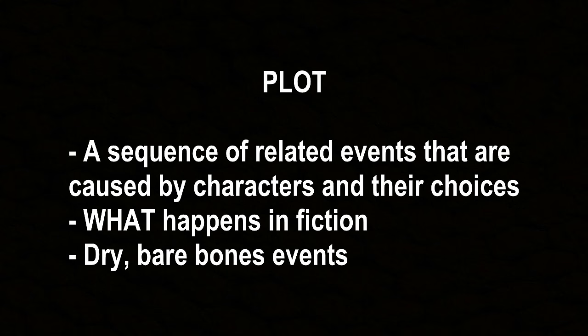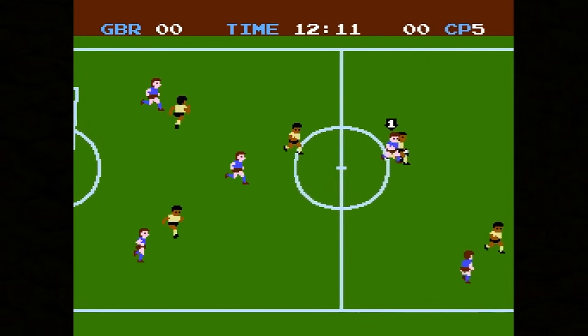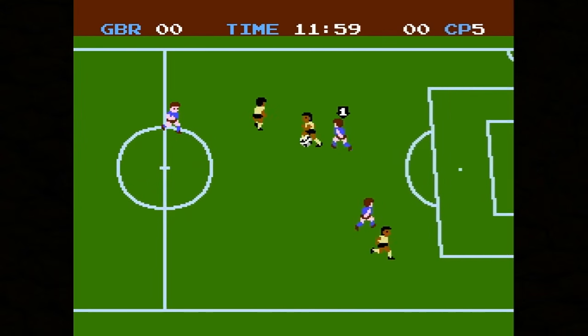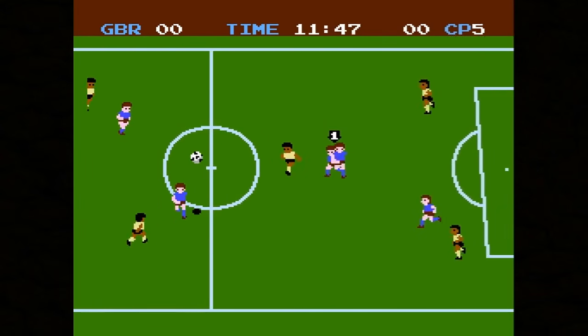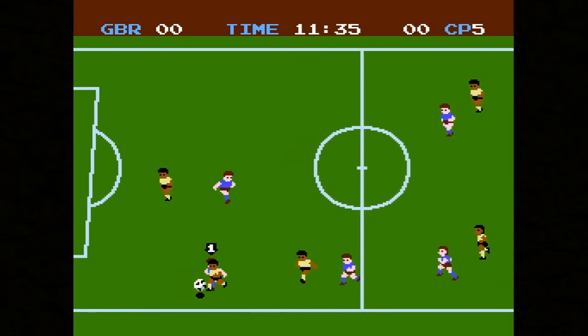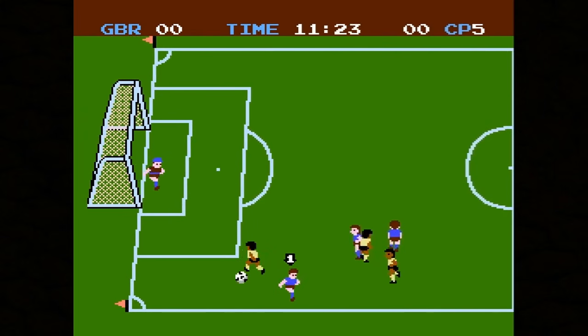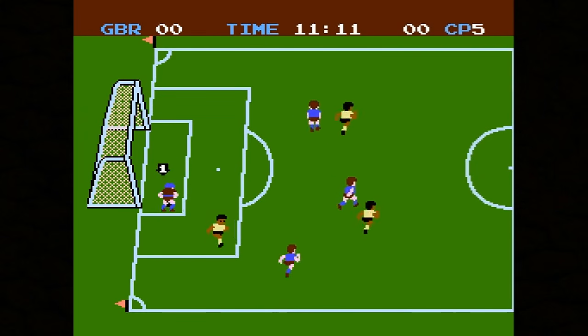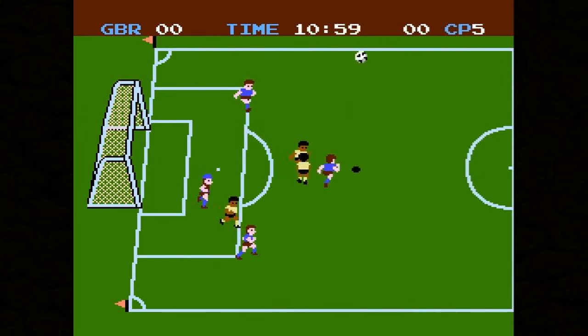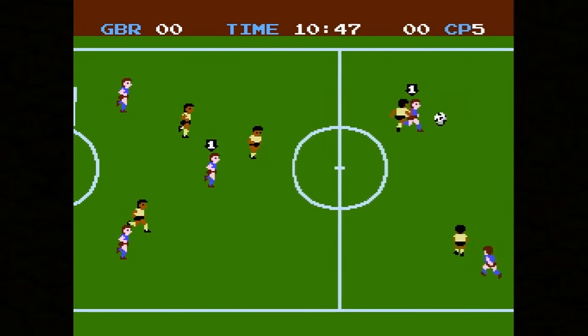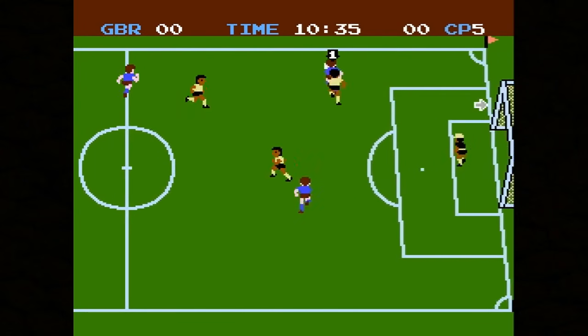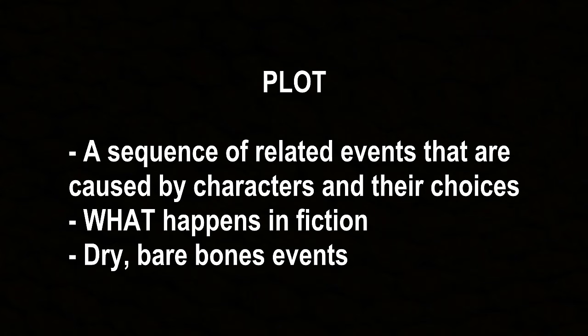Picture yourself flipping through television channels and you stumble upon a sporting event you've never seen before. You don't know who the players are on the field, where the game is being played or when, or anything about this event. You don't know what's at stake for the different teams or players. All you know is what you see going back and forth. The ball is being kicked or thrown or whatever it is. You're watching the events on the screen, and that is the plot within the work of sports fiction, if you want to think of it like that. Plot is strictly the bare bones events.